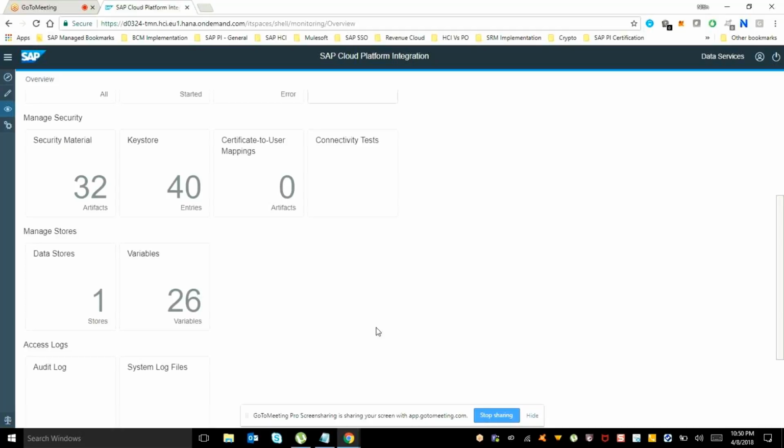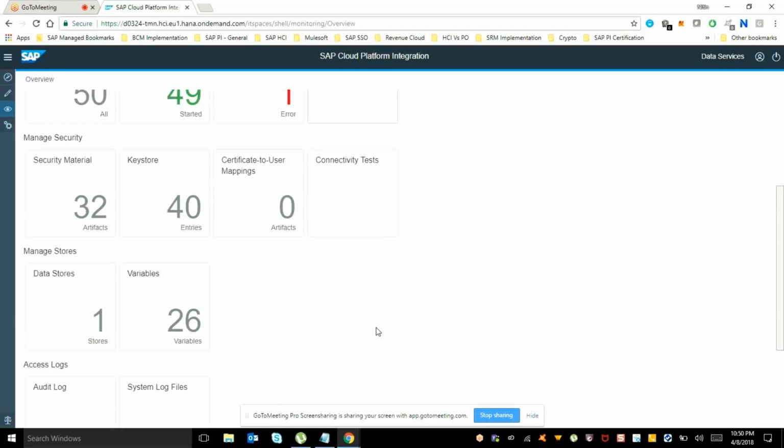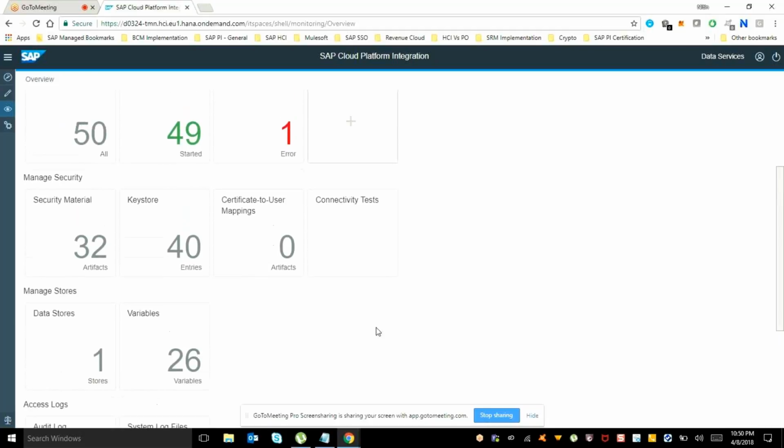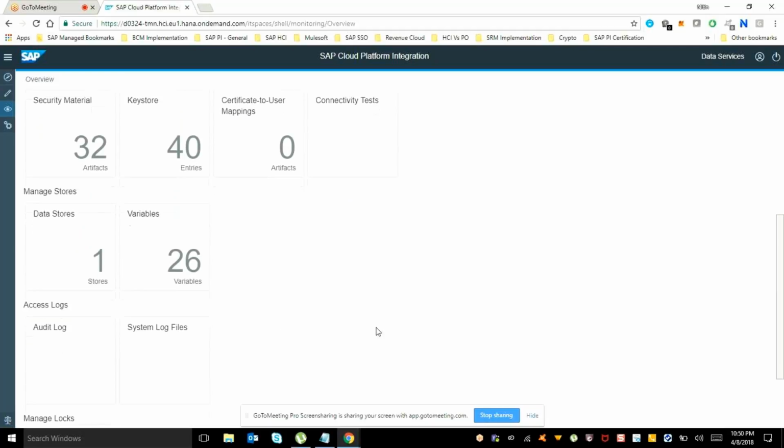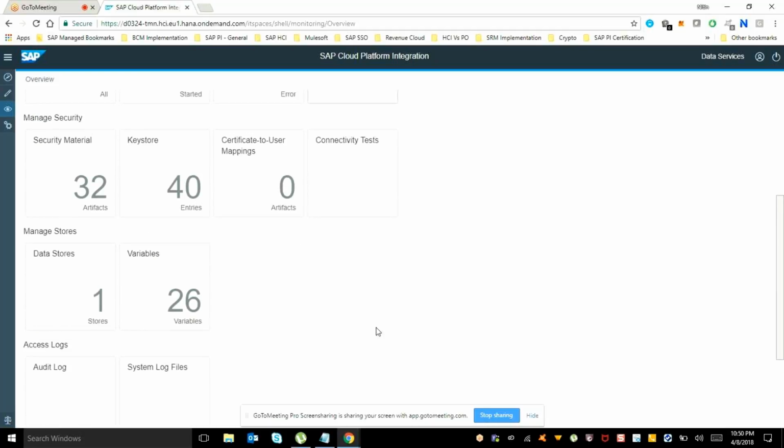Solution manager has some extra things, right? You can set up alerts, mails and all those things. That is not there. You can still use your solution manager with HCI also. Yes, you can use it, but you need to use solution manager and then connect HCI to solution manager.